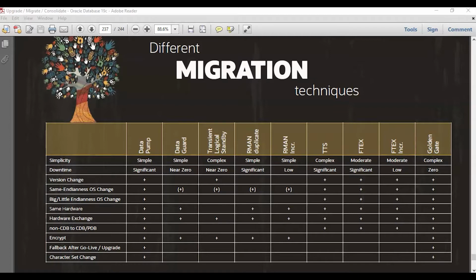In this lab, I'm going to do data migration and upgrade at the same time using RMAN incremental backup. This is low downtime compared to other techniques. For example, duplicate will be significant because this will have a long downtime. Here, it's simple. However, the version should be